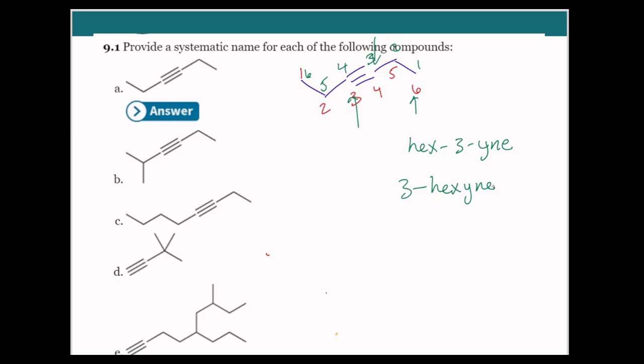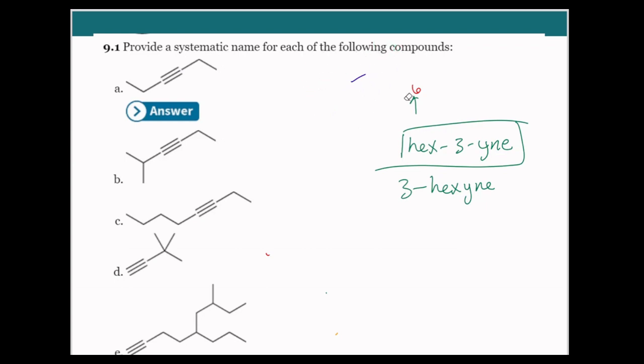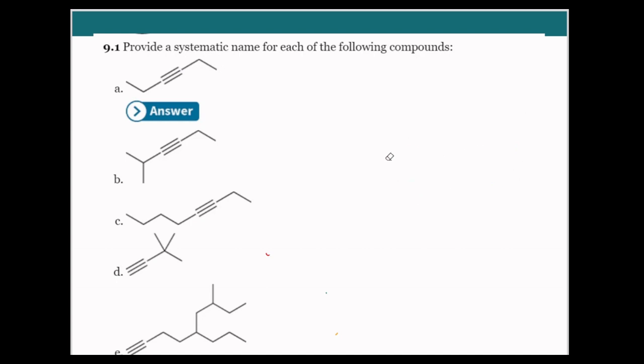Either way works. When you get into more complicated names, the top method becomes a little clearer. So a lot of chemists like to stick with that method, and in fact I like to stick with that method as well. Alright, so that's the first one. When we get to the second one, we're going to encounter a substituent. So remember, we want to give our alkyne functionality the lowest number possible first,